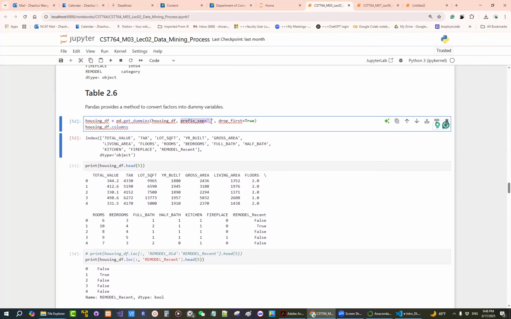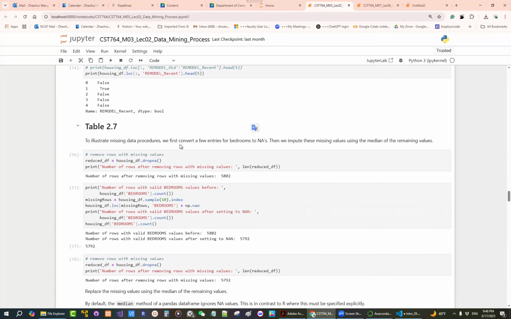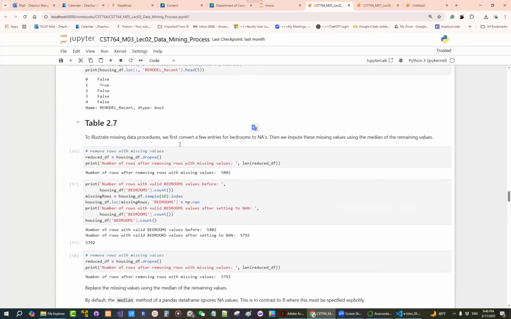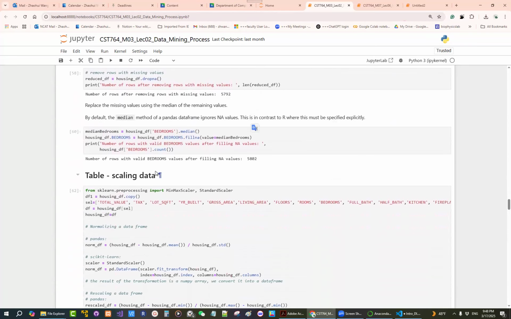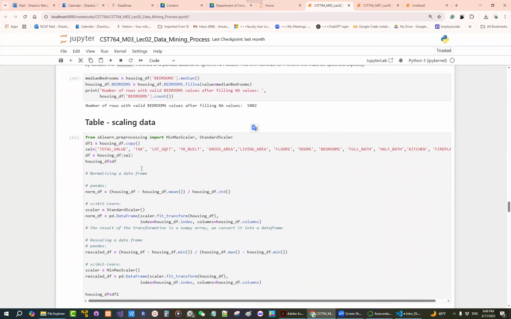You can define a prefix, the separation between the variable name and the different values separated by an underline. Drop first will reduce one variable, n minus 1. So you can copy all the code. It will reduce the redundant records. Okay. So here we select